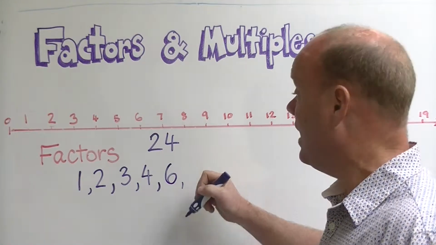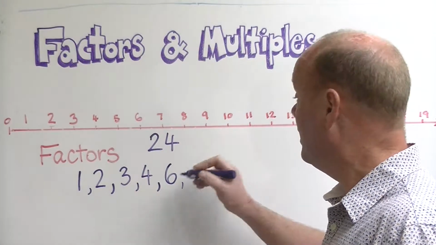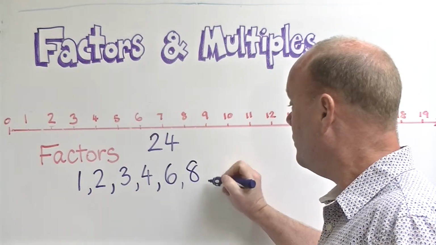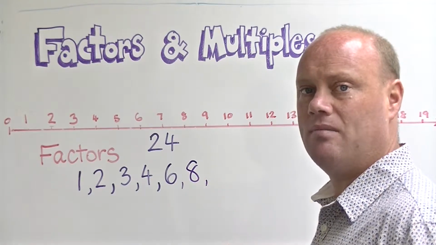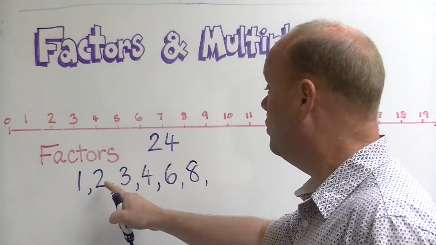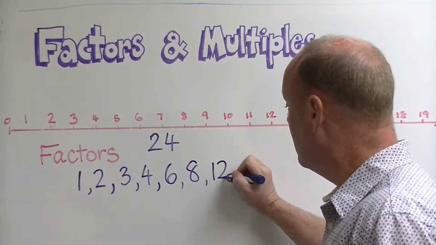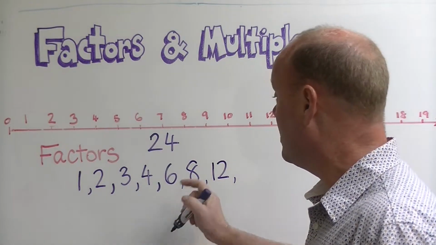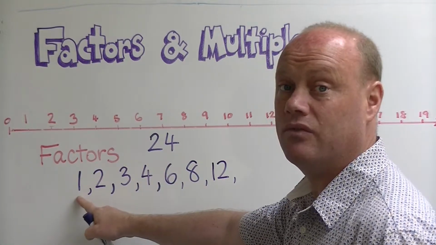However, 8 is a factor because I know that 8 multiplied by 3 is 24. 9, 10, 11, none of them multiply by a number to give me a result of 24. But I know that 2 multiplied by 12 is 24. And because I've now used all these numbers, the only one left for me to use